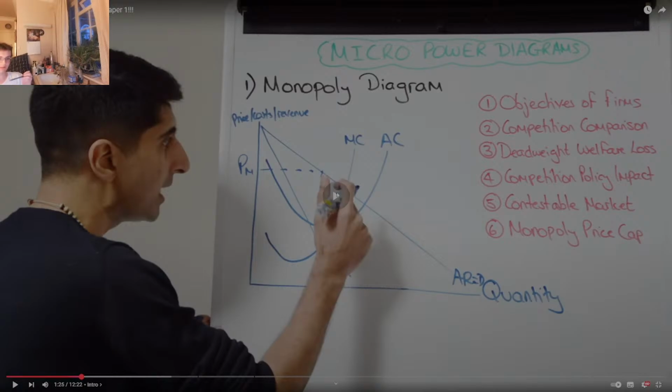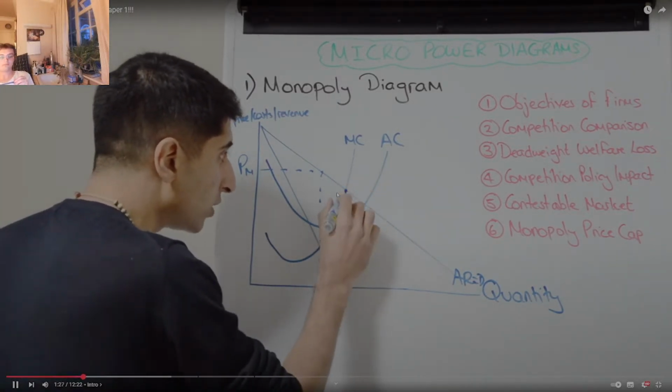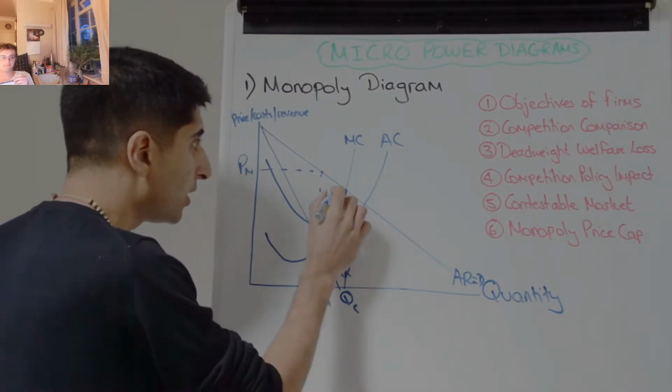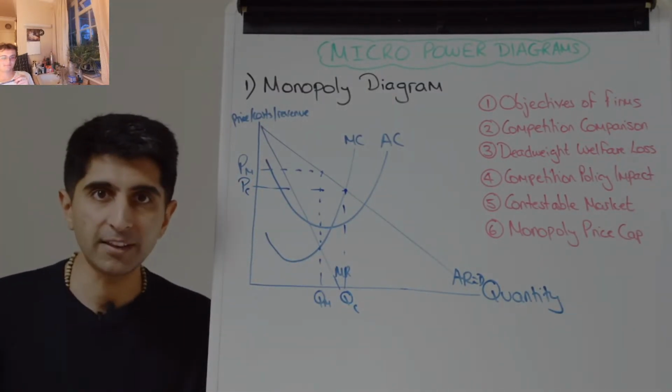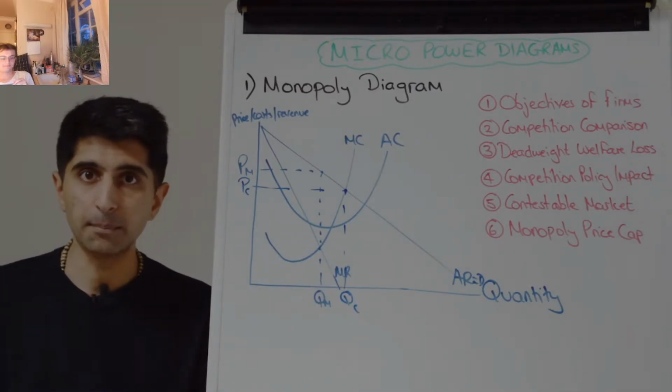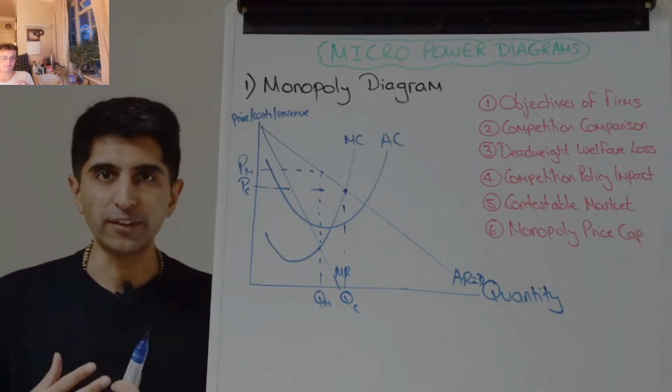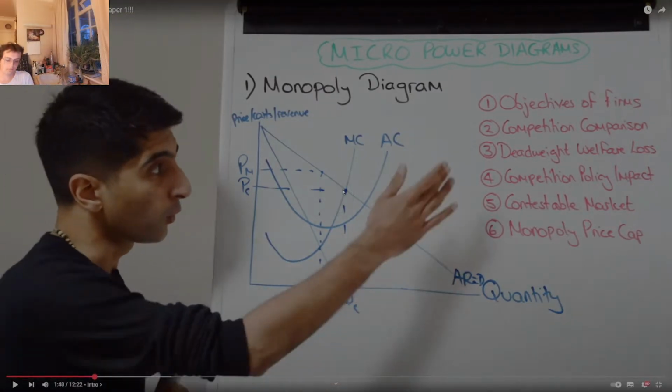Either way, let me grind out real quick. P equals MC, that takes us here. So we can show that competitive outcomes will be QC and PC, exactly what we know. Lower prices in competitive markets, higher quantities in competitive markets. That's exactly what this diagram shows you as well. So in competitive markets,